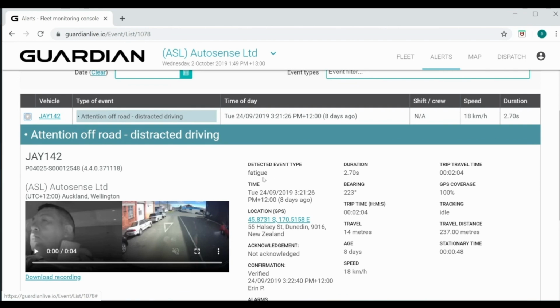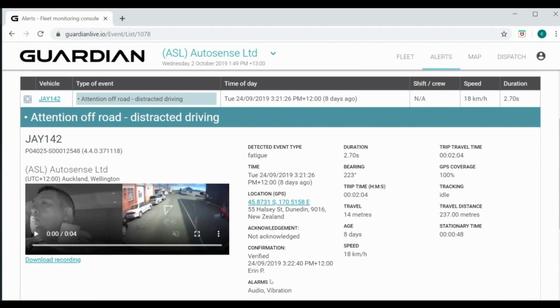This event itself was recorded as a fatigue event, so the system picked up 75% eye aperture closure, and it has then been reclassified by the Guardian support team as a distraction event. This is the time of the event, the location, and who it was verified by the Guardian support team. As this was picked up as a fatigue event, we will have both an audio and a vibration alarm, the length of the event,